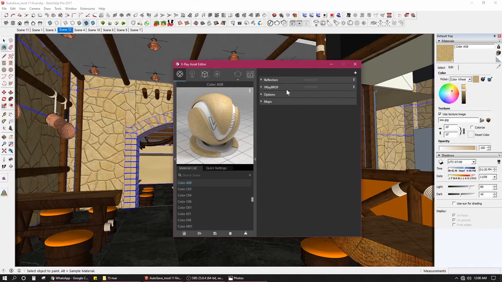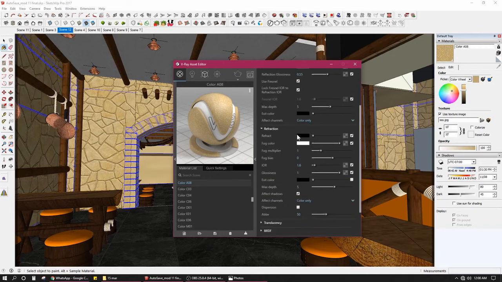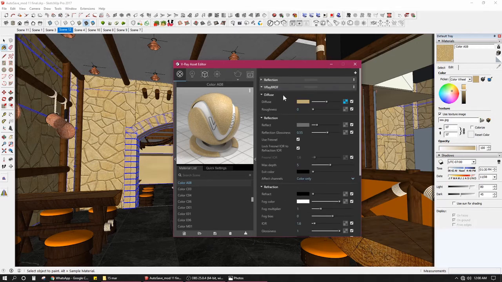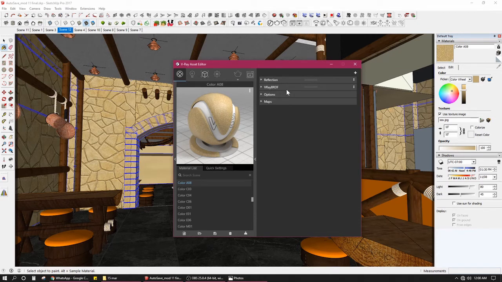I have three default layers to every material that I put on V-Ray. One of them is the V-Ray BRDF, which is basically the properties of that material. You never alter this. As a thumb rule, never alter the V-Ray BRDF unless it is very much required and you cannot do it in any other way. The second one is the options tab, which tells me about volume, fog, reflections and shadows and whatnot.